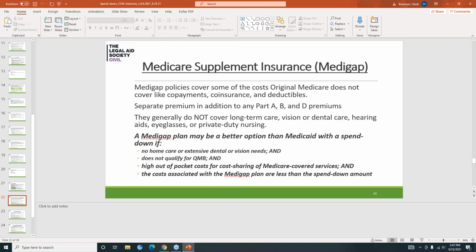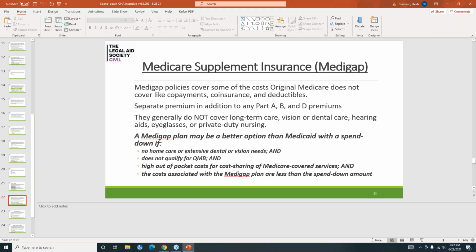So Medigap plans, for the most part, don't cover long-term care. They don't cover vision or dental, nor do they cover hearing aids, eyeglasses, etc. So those high needs are not going to be met by a Medigap plan.